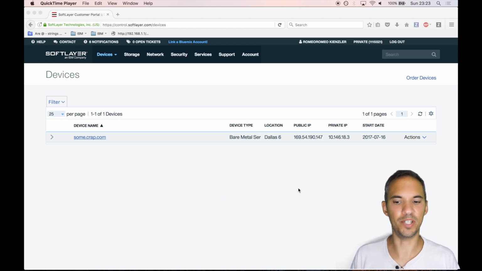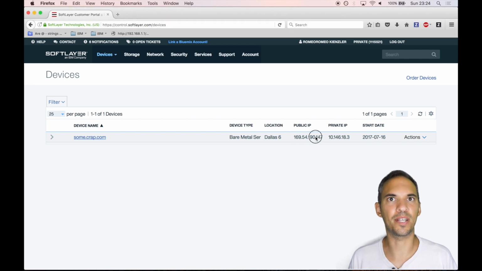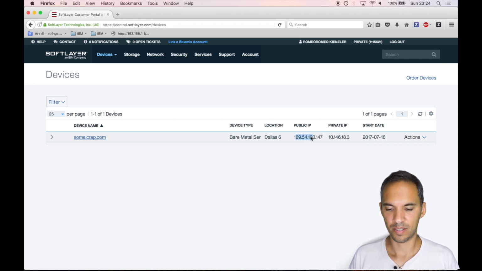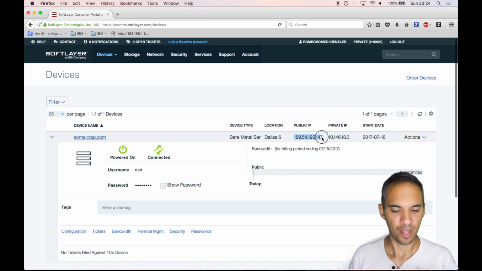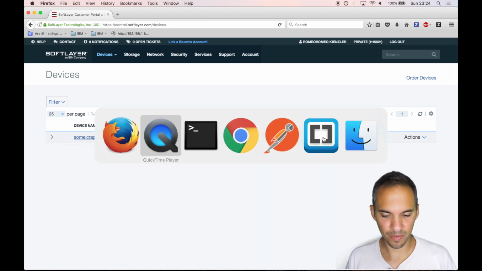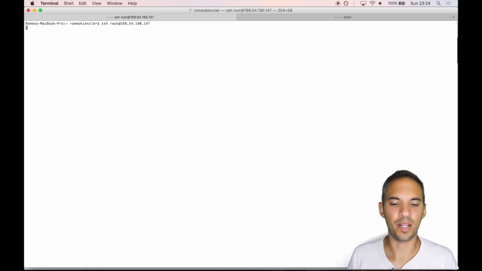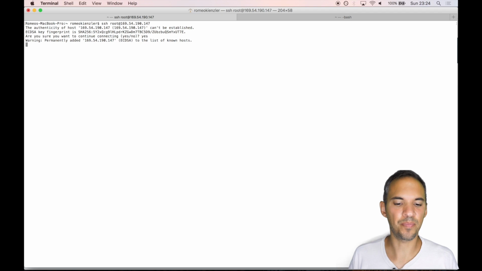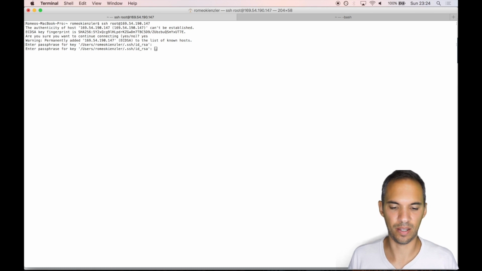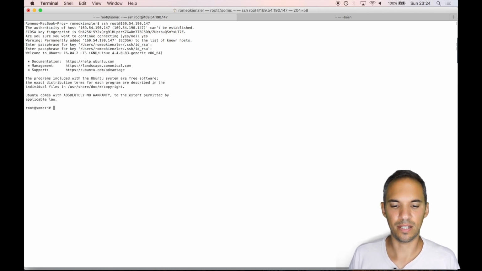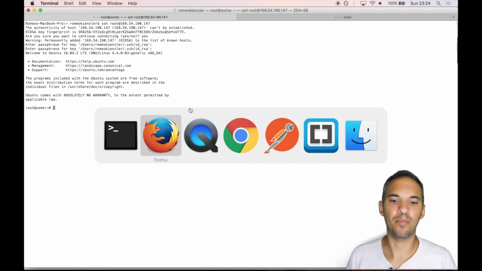So now the system is provisioned and we can access it using SSH. This is the public IP address, and we just open a terminal and then we SSH to the system. Since we have already uploaded our public key, we are now asked for the passphrase of our private key, and then we are instantly logged in. And now it's time to